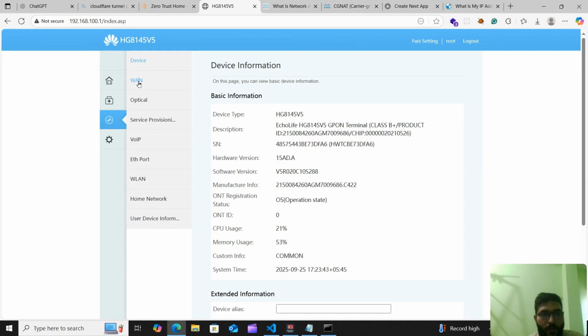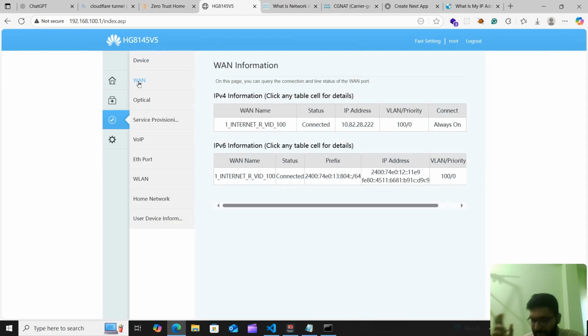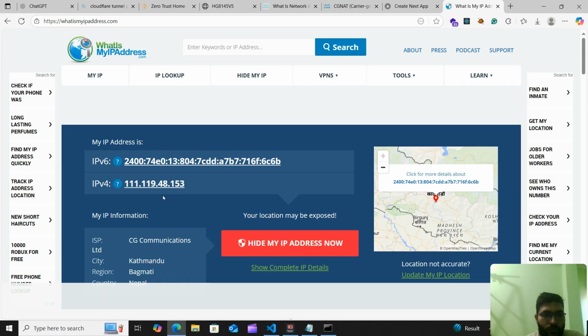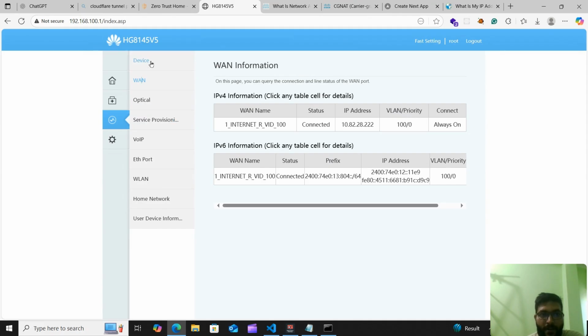Just find your WAN IP address that is inside your router. Log in to your router and find your WAN IP address. Look for the public IP that is on your browser right now. My public IP is coming from the ISP, because on internet IP version 4, a public IP is routable, not a private IP. So this is my public IP, and just navigate and find in your router the WAN IP address, and you can see IP version 4 is